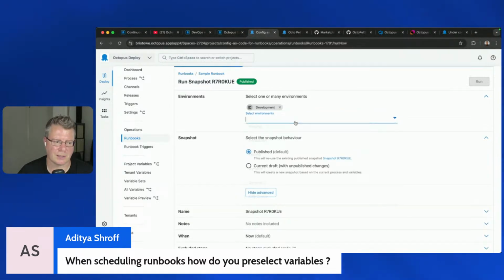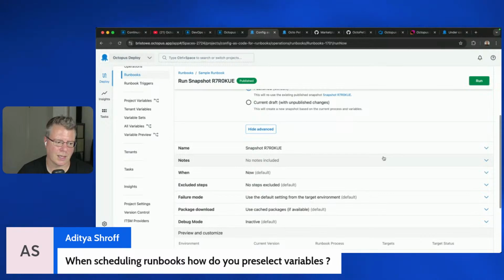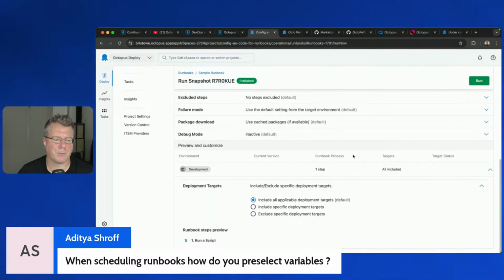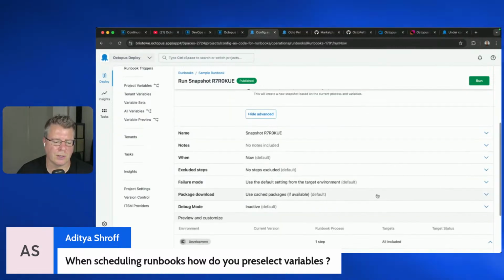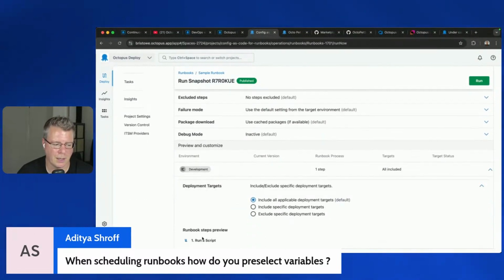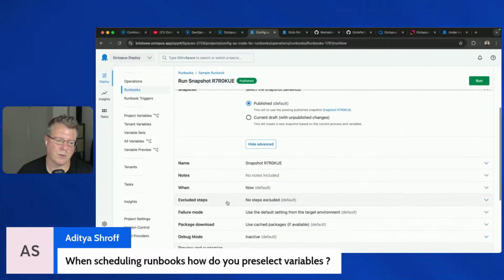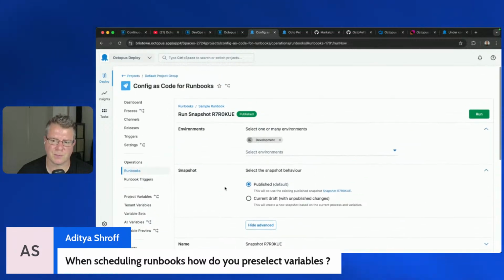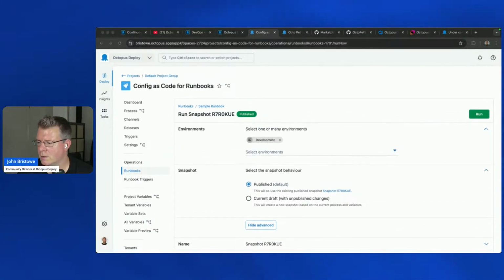So if you define this as a scope for development, this is where it will actually utilize those as part of that execution. We do provide a preview mechanism for seeing what those things would look like, and we can take a look at the values for each one of those steps if we so wish. But this is where ultimately you would check those values and define those scopes as part of that. All right.